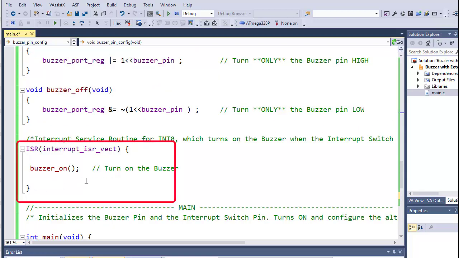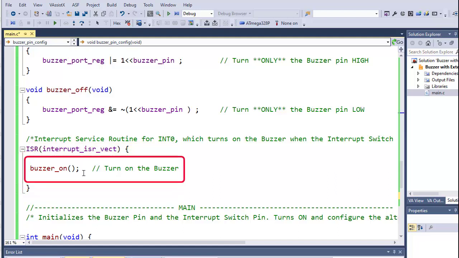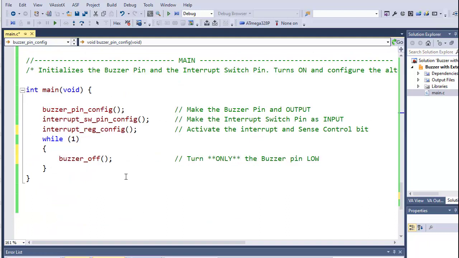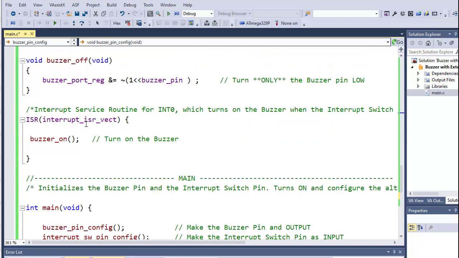Inside the interrupt service routine is buzzer on. When this execution is over, it will return back to the while loop. Again the buzzer will be off. If and when the switch is pressed again, similarly the execution will enter the interrupt service routine and the buzzer will make sound, and this will continue.